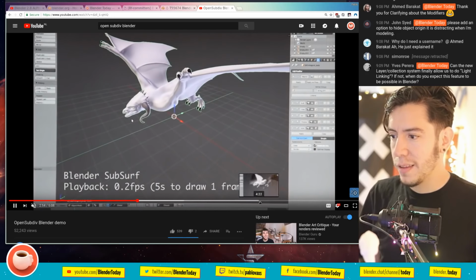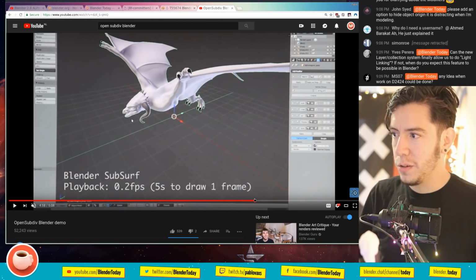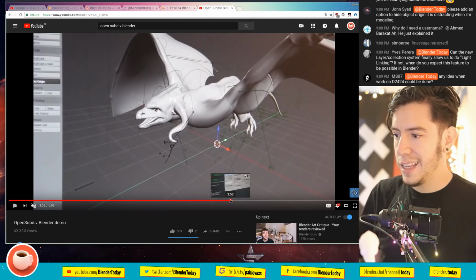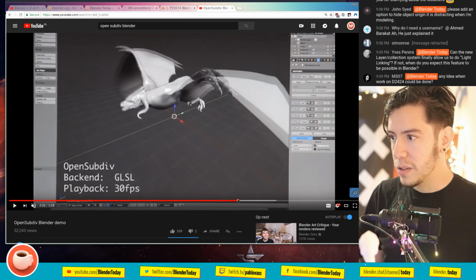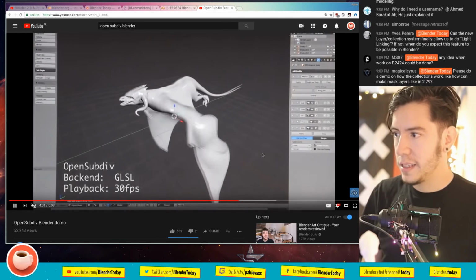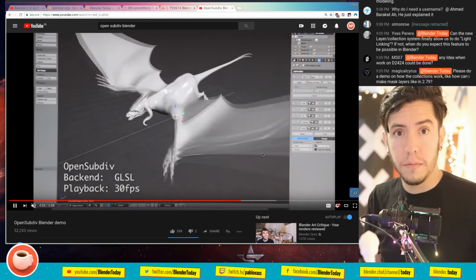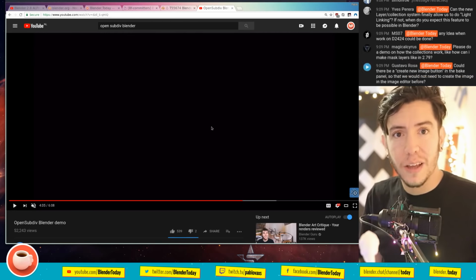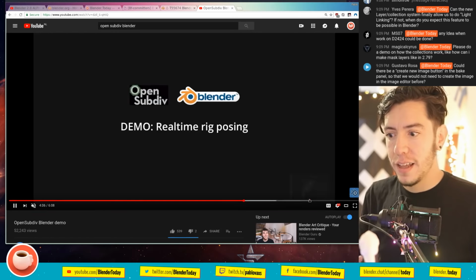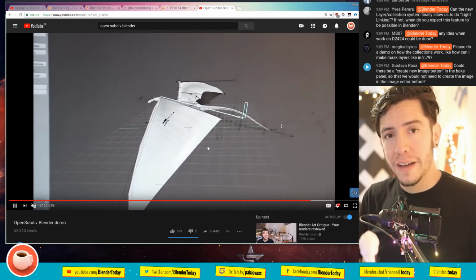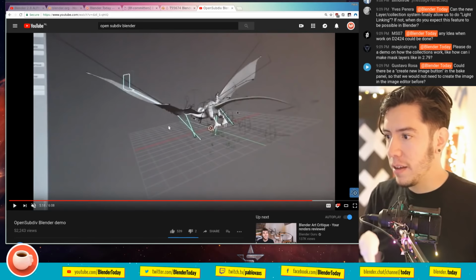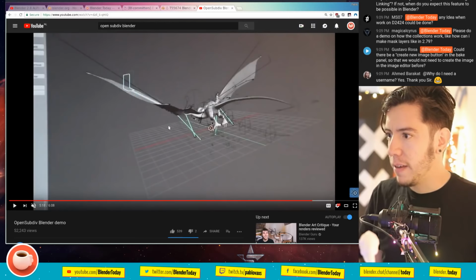And then just jumping to the cool stuff, once you set it up, this is how it will look with OpenSubdiv. So basically you get super fast soft surf, and also you have support for creases. You know, the creases in Blender, maybe I can show it.